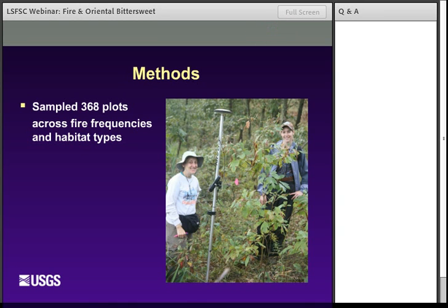We produced these plots in a random manner using GIS. However, we stratified them to make sure that they were evenly distributed across different fire frequencies as well as geographically distributed throughout Indiana. So we didn't want a bunch of plots all in one place, basically. And this is images of me and my field assistant, Katie. We were going out with our GPS unit with those random points to go find them out on